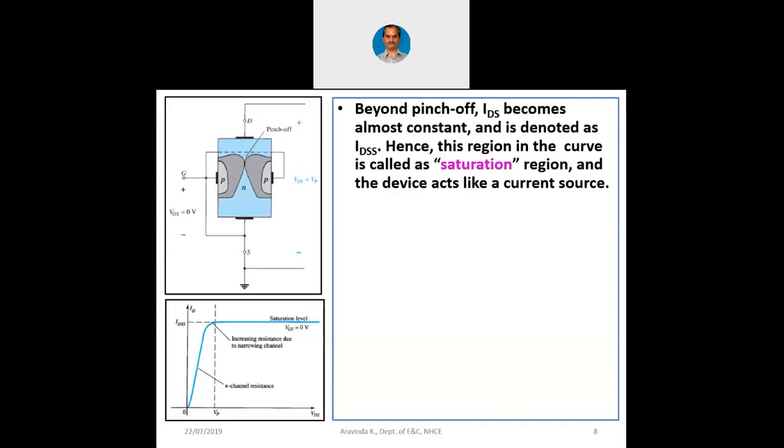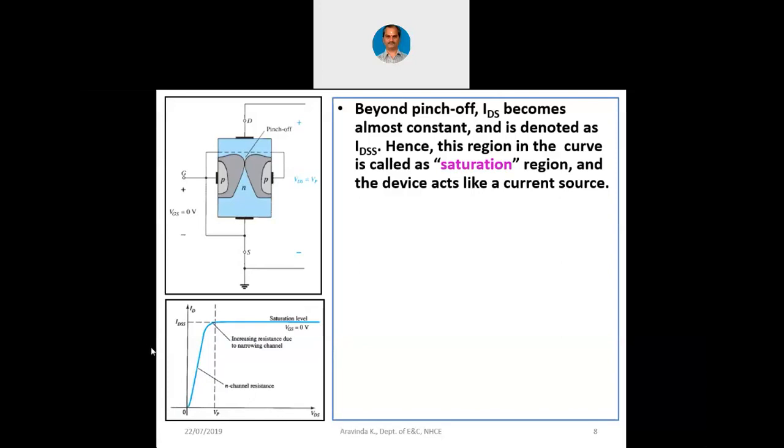Actually, the scientists who invented BJT were different, and the scientists who invented FET, they were different. They were working separately in different places altogether. And it was a team of scientists. It was not one or two people. Walter Brattain, William Shockley, John Bardeen. These three people were given Nobel Prize in 1947 for inventing BJT. And they thought to name the lower side as cutoff, the left side as saturation, and the upper level as active, because they were thinking about the Q point at that time.